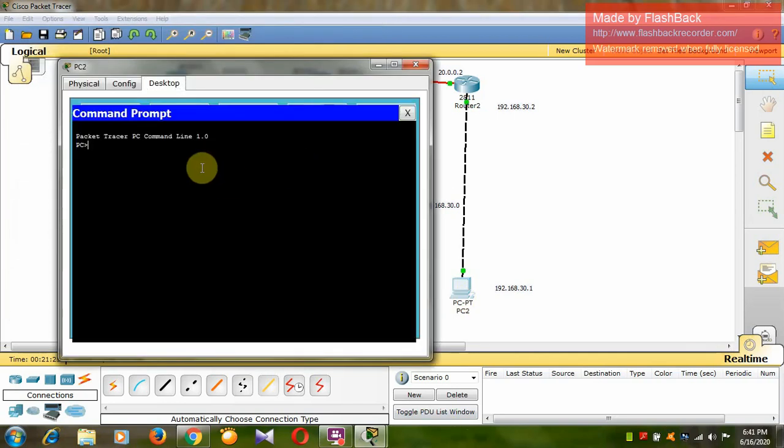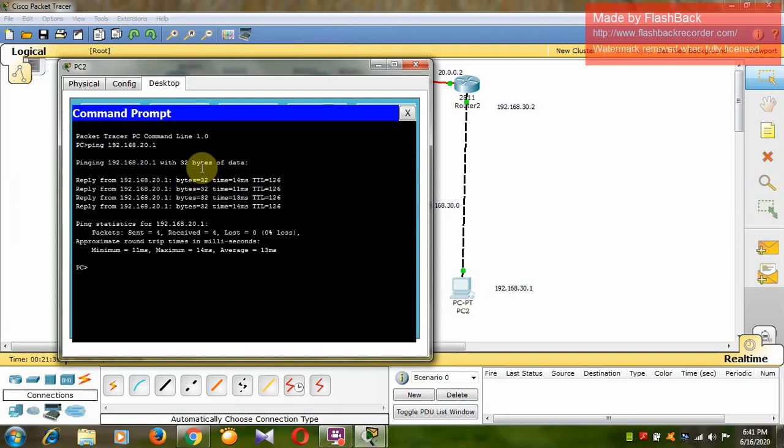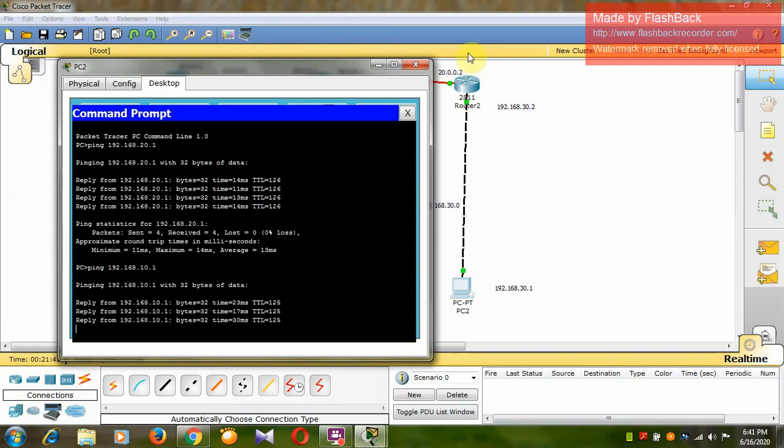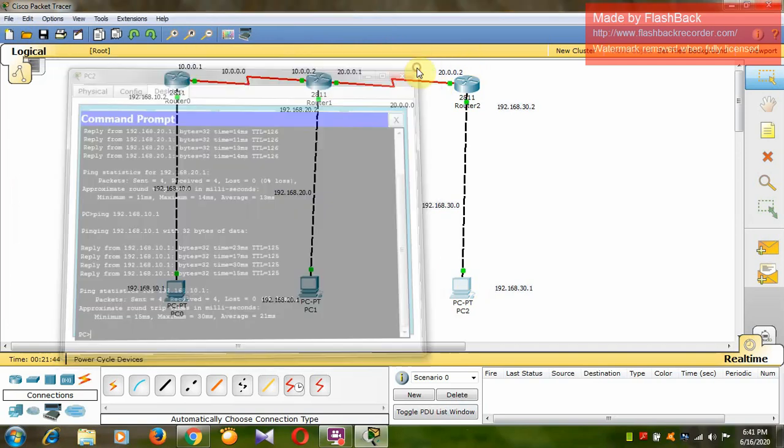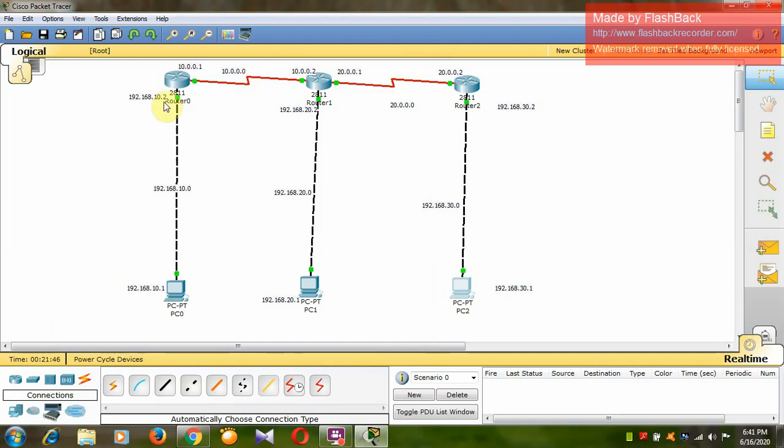In the command prompt, ping 192.168.20.1. Okay, we are getting the reply. Fine, that's very fine. Okay, so now 192.168.10.1. Again we are getting the reply. So with this we have done the static routing for the three routers.